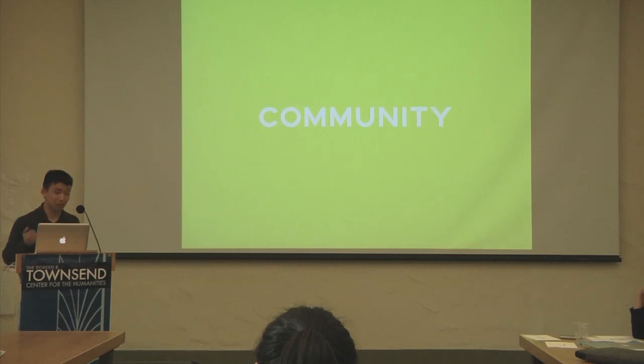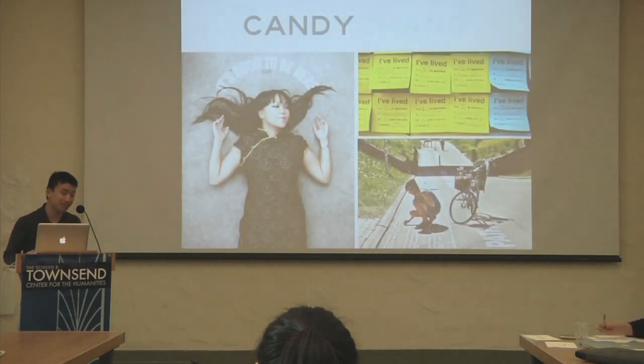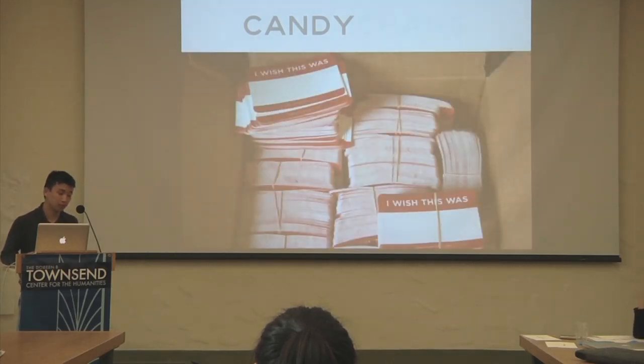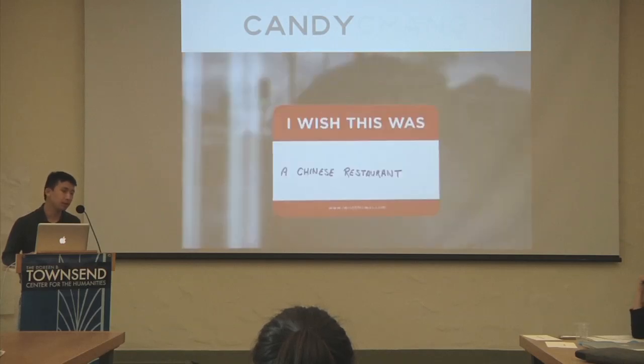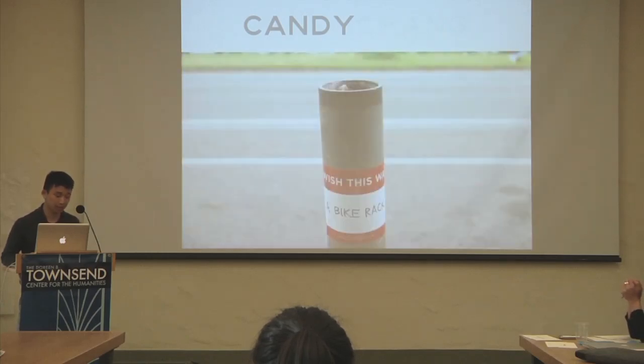One important way is to build communities. One of my favorite artists is Candy Chang. She's an artist based in New Orleans, and she uses everyday objects such as sticky notes, chalk, and stickers to make our public spaces more inviting. One of her projects was called I Wish This Was. She basically took these name badge stickers, almost, but instead of "my name is," it was "I wish this was," and gave them to people and let them use them however they wanted to. Pretty quickly, people realized that this is a very effective way to express your desires about your community and how you want it to be changed.